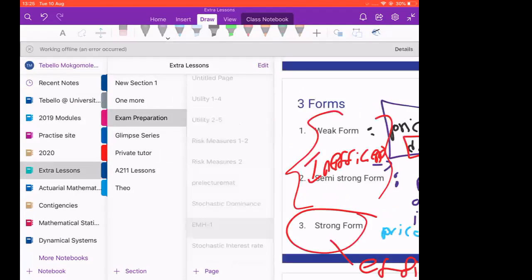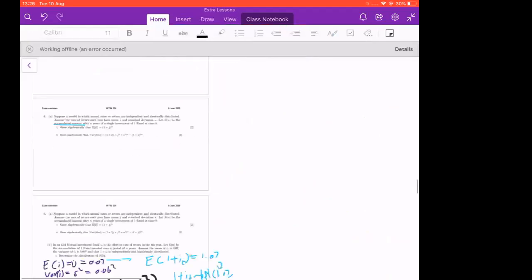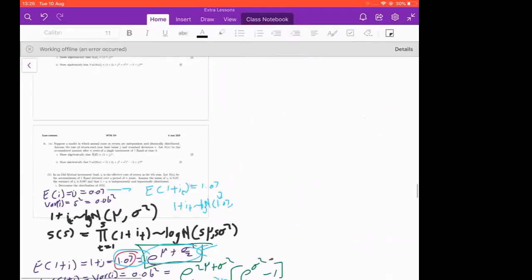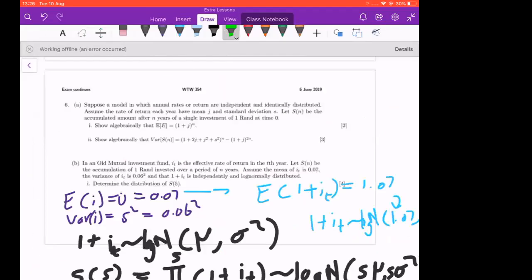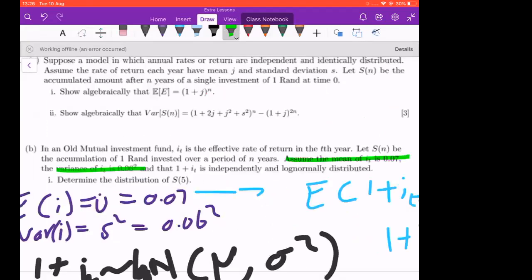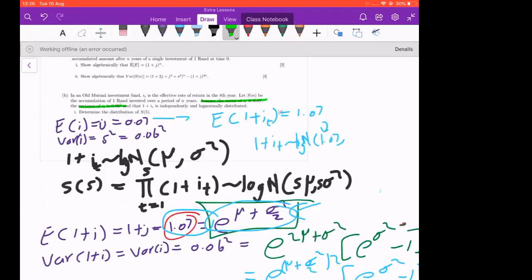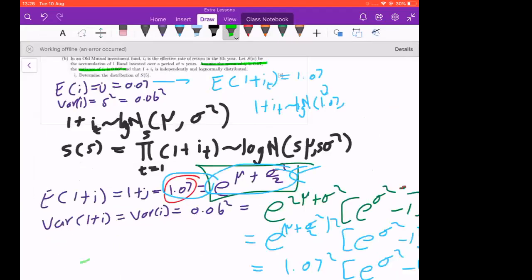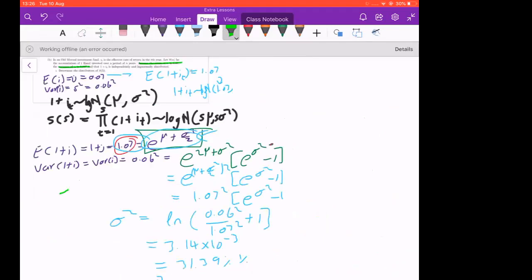For example, they had the mean of I is going to be 0.006, and then I went ahead and found this thing. So you can take a screenshot because it's going to cut soon. So anyway, I hope there are no questions at the moment, because we ran out of time. It's been 24 minutes since